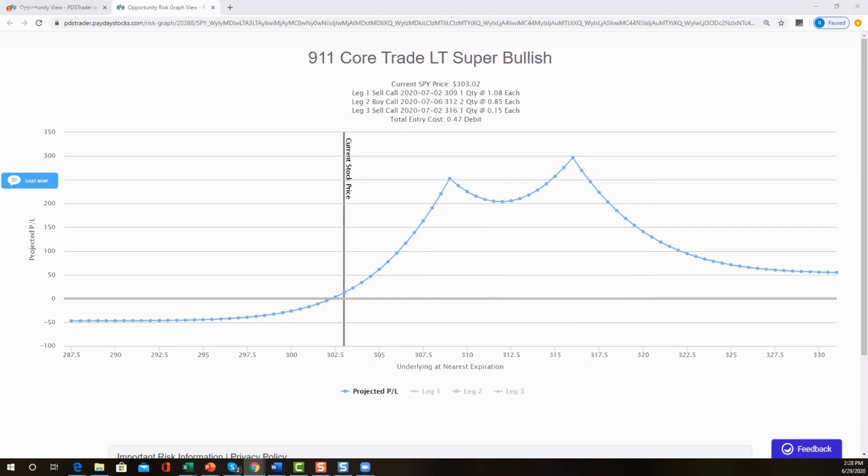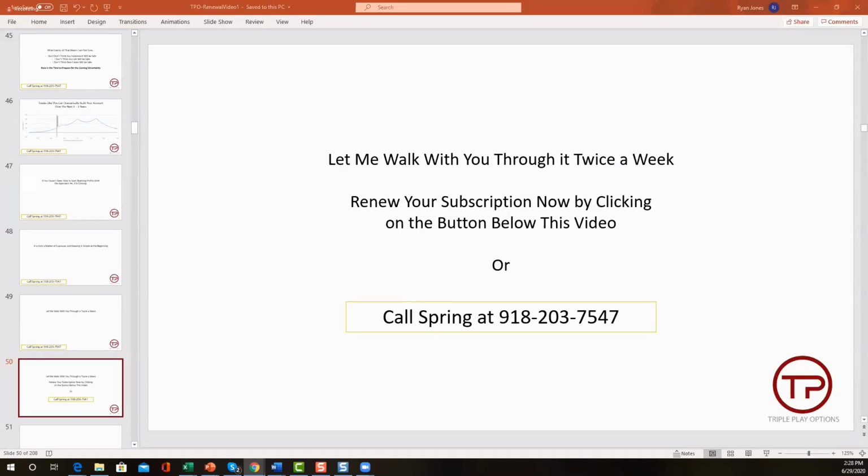What is an example of a trade I would take if the market is down tomorrow? I would look to take very similar trades to what I got today, depending on whether I can get the prices or not. If I can't get the prices, I'd go through the same process. I'd open up PDS Trader, look at all the bullish trades, and then choose one and find a bearish trade to pay for it.